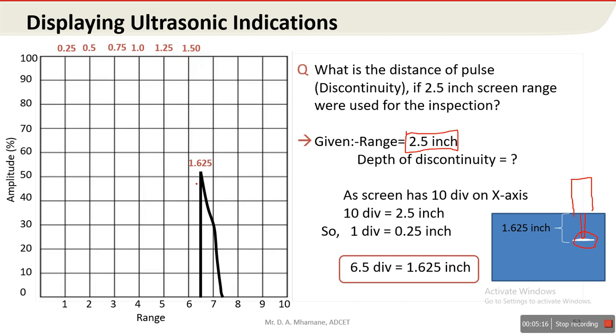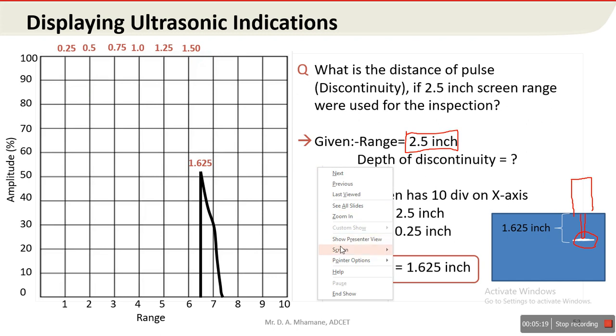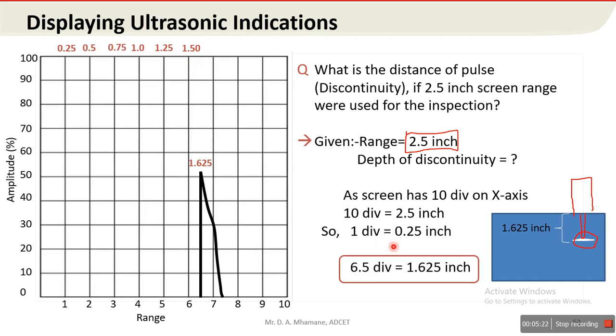but interpretation is very important, because ultrasonic screen gives us multiple type of responses. On the screen only one pulse is given, but in an actual multiple echoes are present on the screen, and you need to identify the response of component, response of discontinuity, and response of backwall echo also. So I think it is clear. Is it clear, or is there any doubt?